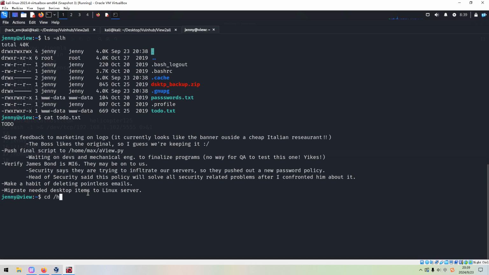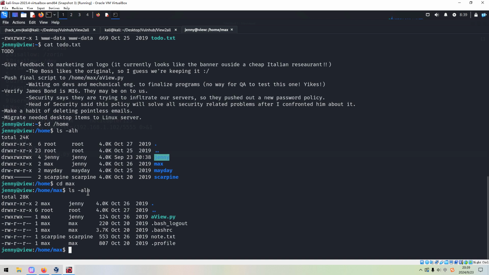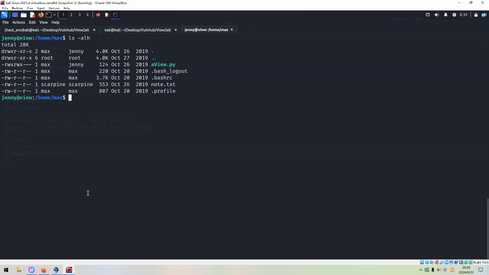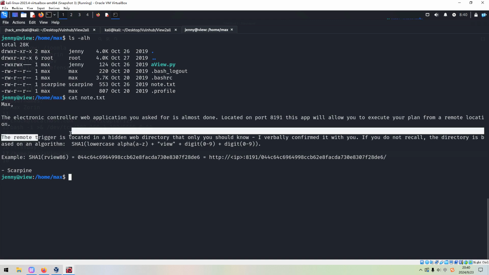We can go to the home directory. We need to go inside the Macs. There is another note, Macs electronic controller. Do you remember? During the Nmap scanning stage, we know that port 8191 is running this electronic controller web application. This app will allow you to execute your plan from a remote location, the remote trigger.